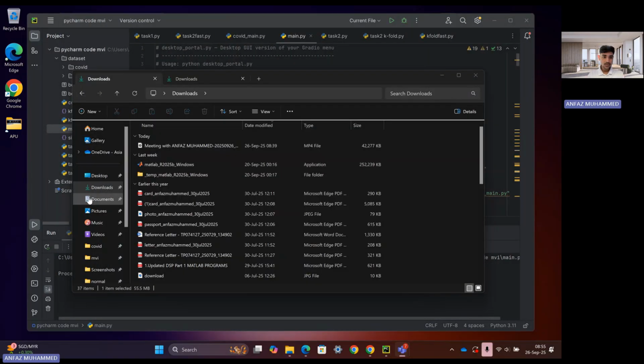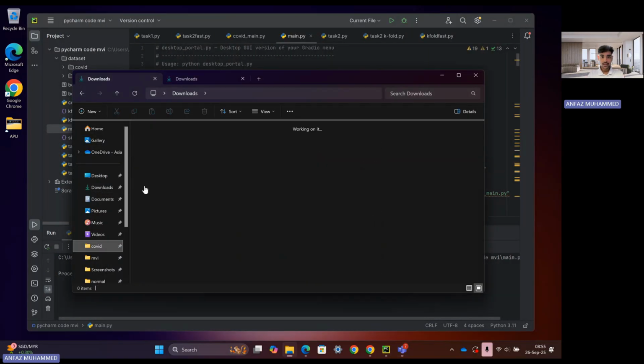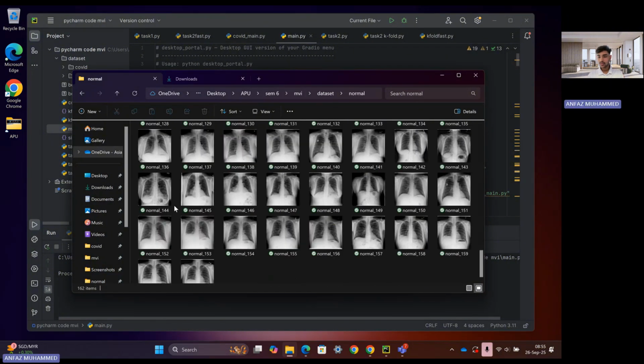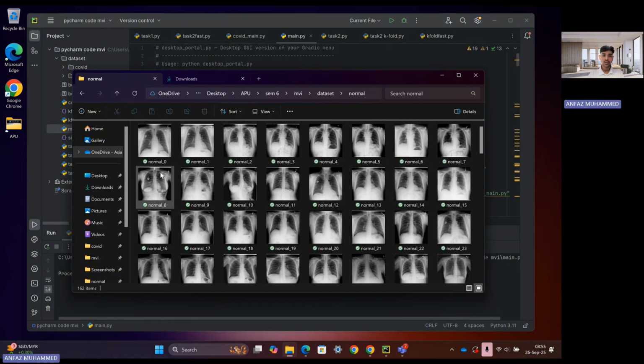So then I'll be showing you my dataset. This is my dataset. It has two folders, COVID and normal, each of which has 162 JPG images, which is 324 images in total. So that's my dataset. And now I will show you